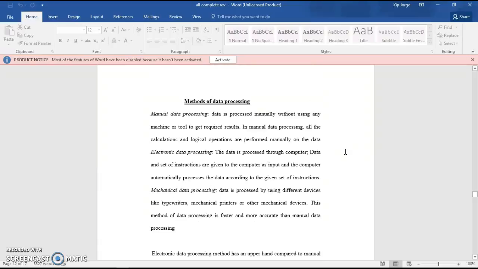Methods of data processing. We have 3 methods. 1. Manual data processing, electronic data processing, and mechanical. Manual data is processed manually without using any machine or tool. Electronic data processing is processed through a computer. A set of instructions is given to the computer as input, and the computer automatically processes the data according to its given instructions. Mechanical data processing is